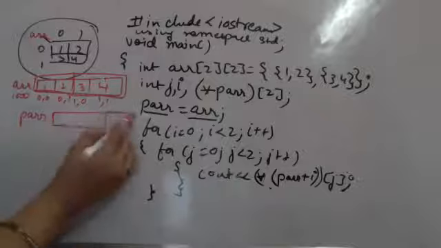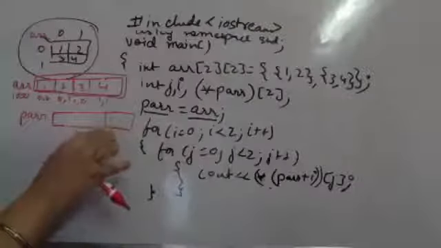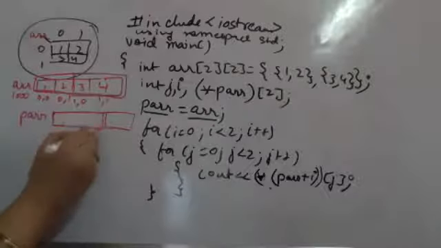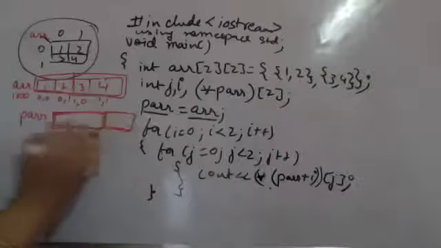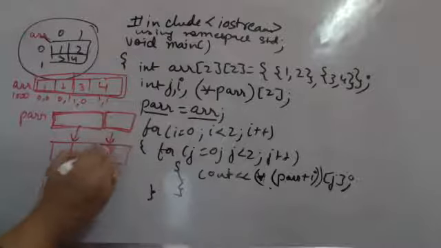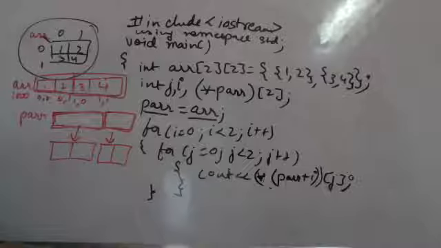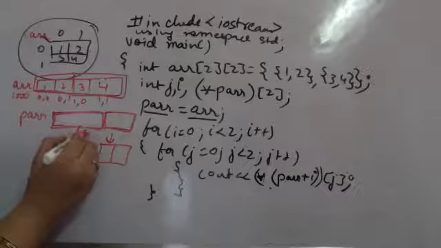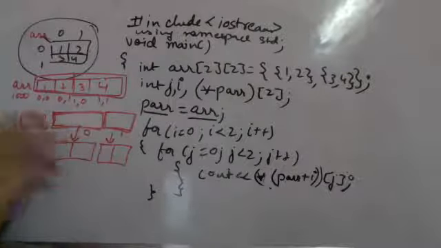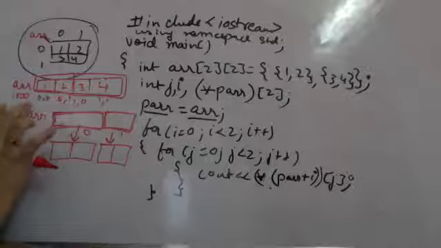This is a pointer to an array, but it can point to two locations. So every pointer location is actually pointing to an array of size 2 integers. This is pointing to an array of size 2 integers. This is pointing to an array of size 2 integers. I hope I am making myself clear. So here is location 0, location 1. When I am saying pointer array, this is equal to the 1000 location, 1000 here also.